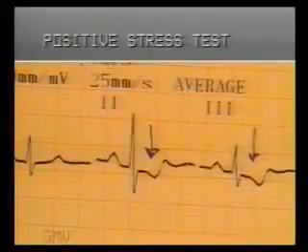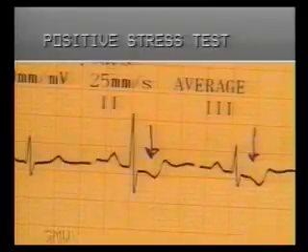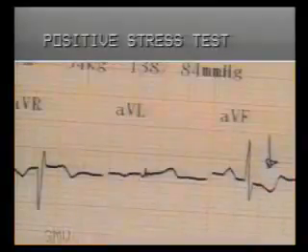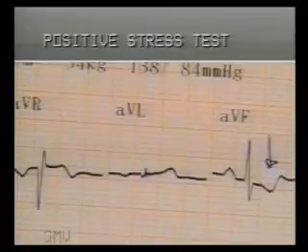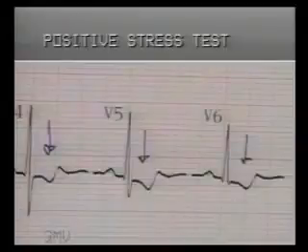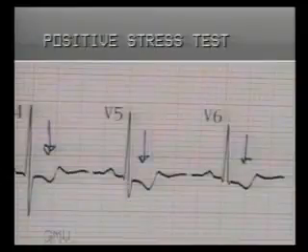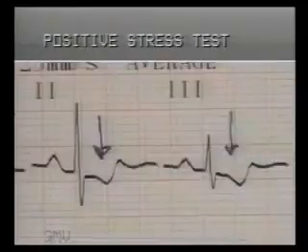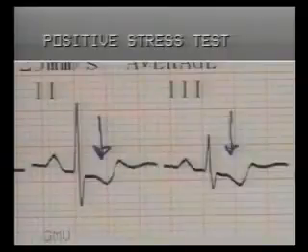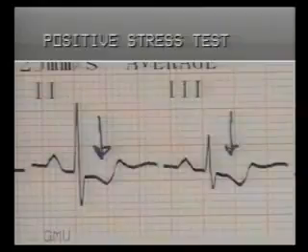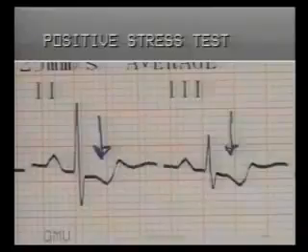Acute myocardial ischemia is also seen during stress test or exercise test. In a positive stress test, there will be a depression of ST segments in the leads facing the ischemic area. The changes are most prominently seen in V5 and V6. In this ECG, the ST segment shows a horizontal and downward sloping depression of 1 mm after exercise. This is a positive sign of myocardial ischemia.